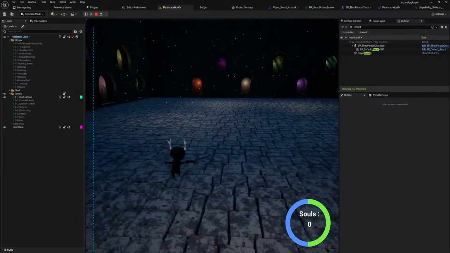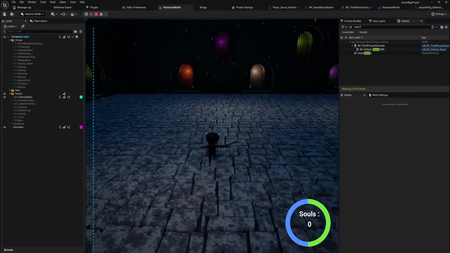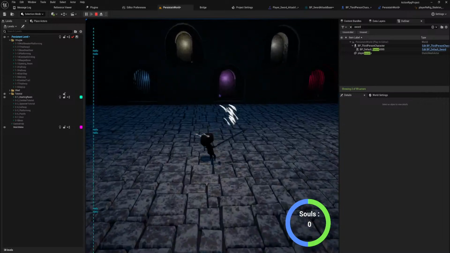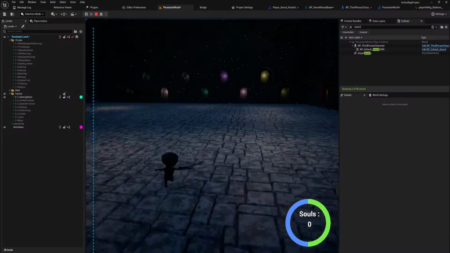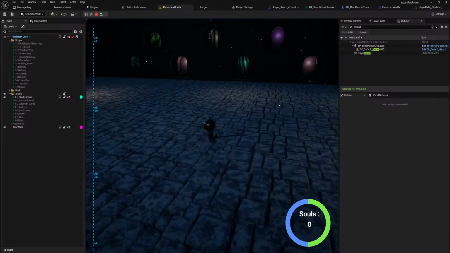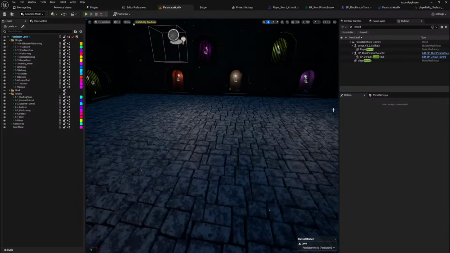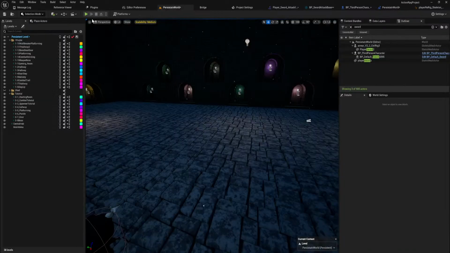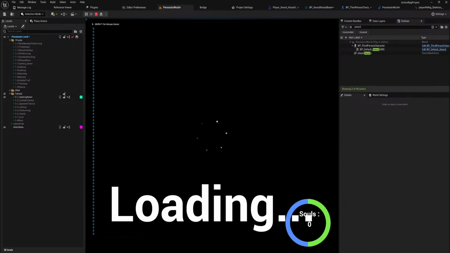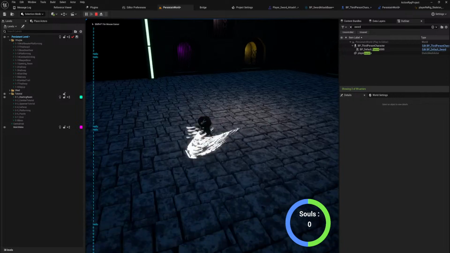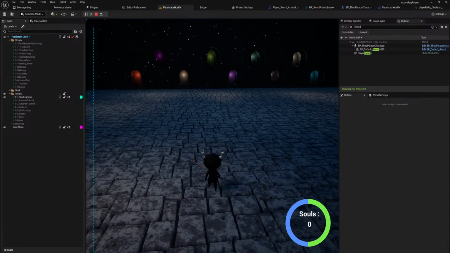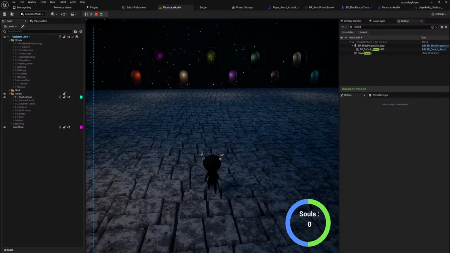Oh, because of the iframes. No, that does make sense. Because when iframes are true, it doesn't let you attack again. So now that should actually... Holy shit, that's a lot better. Okay. That did fix it. So now I have more control over fine timing. Now it actually feels kind of good.